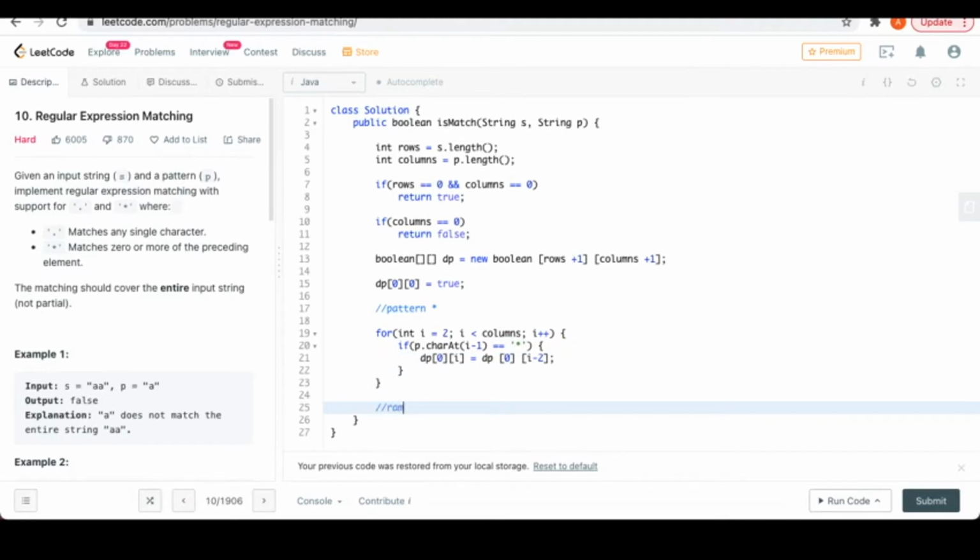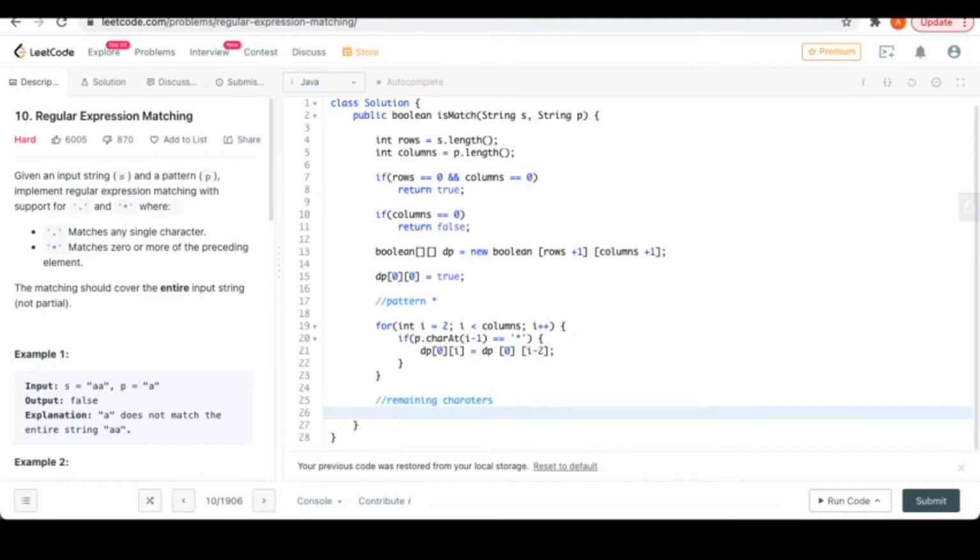For the remaining characters, I will have int i equals 1, i less than rows plus 1, i plus plus, and within this loop I will have another loop for int j equals 1, j less than columns plus 1, j plus plus, so a double loop.